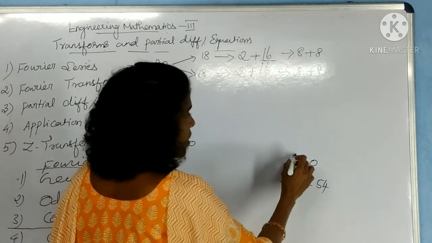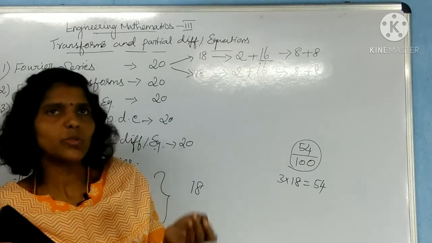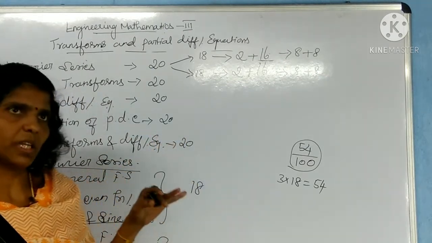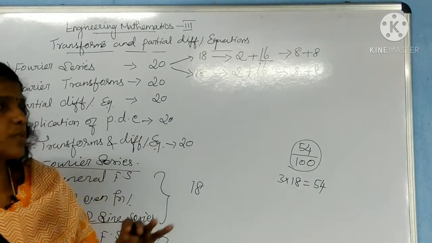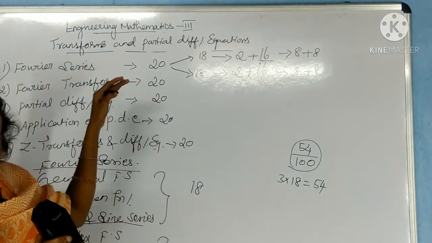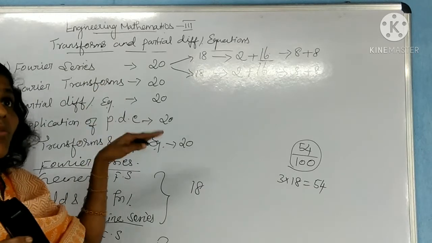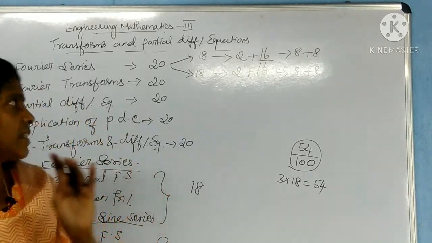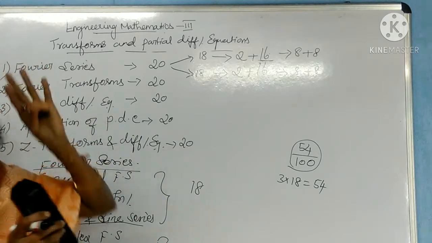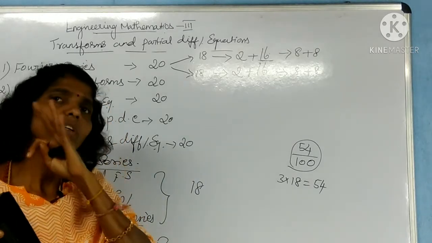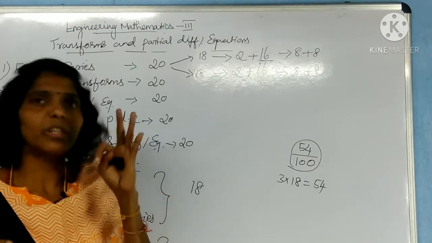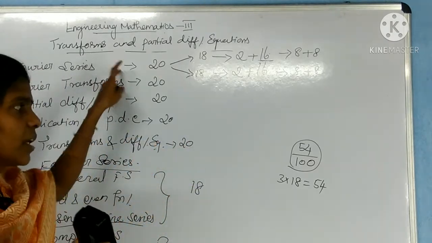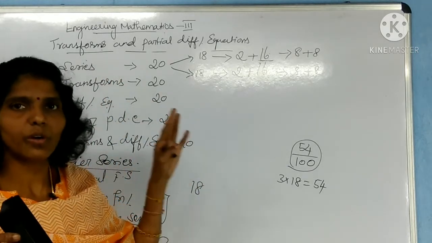That is 100. Those who think so, choose your choice yourselves. Whichever unit you feel is easy, choose that unit. After choosing that unit, take half of the portion, that is the first half portion or second half portion, your choice. Which one is the easiest one, you have to select it. Okay, so first of all you have to select 3 units and go through them thoroughly. First half or second half, anything, go through it fully. You definitely get 54 marks out of 100.